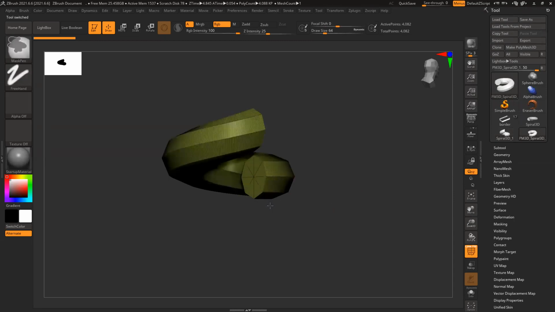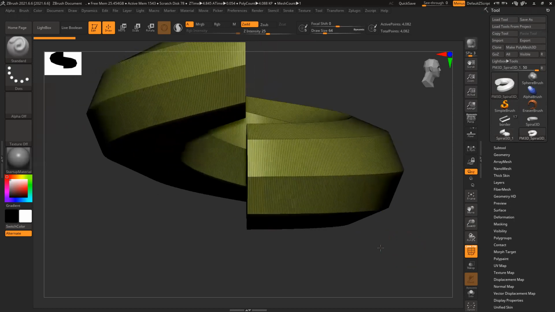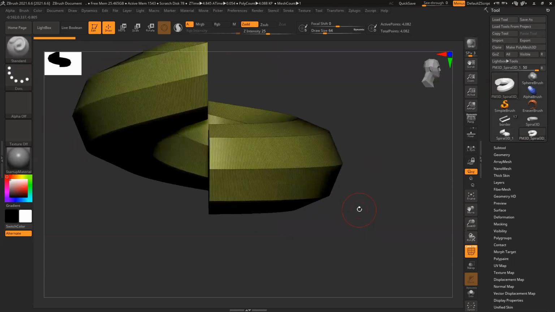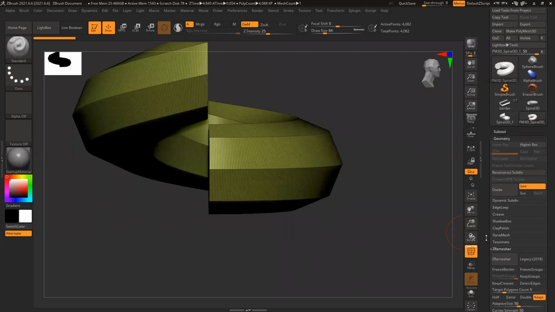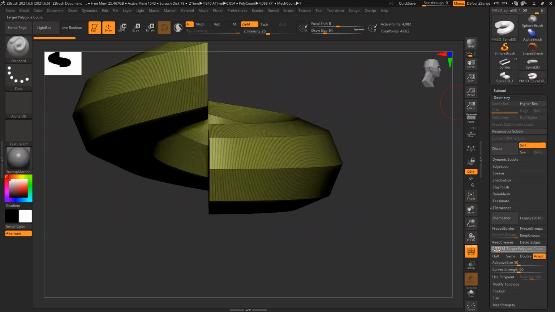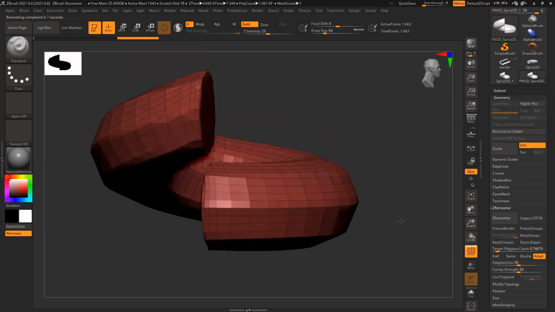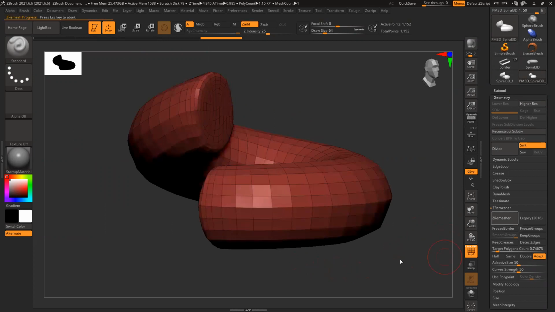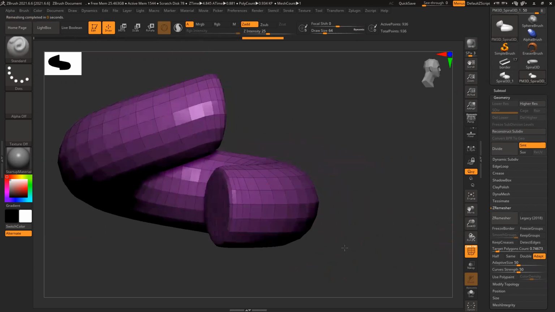Shift F and let's see. So here I can see way too many polygons. Okay, I should have reduced it. So I could reduce this because this is going to be a brush. So I need to optimize the model. ZRemesher, it's right now 4,000 something. So I'll reduce it to like 1,000 something. It reduced. I can apply this multiple times to get a clean shape. Now most of the shapes are pretty clean.